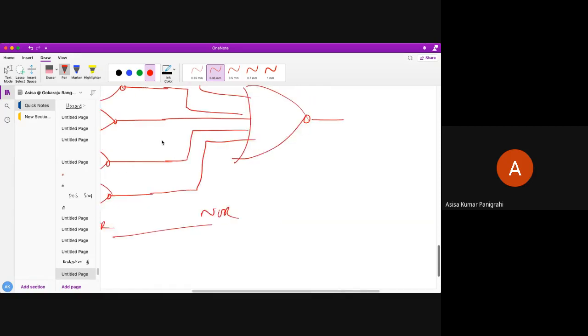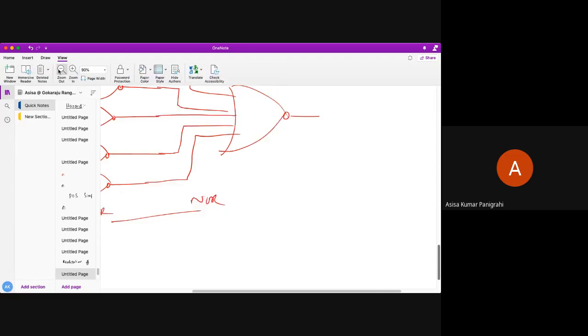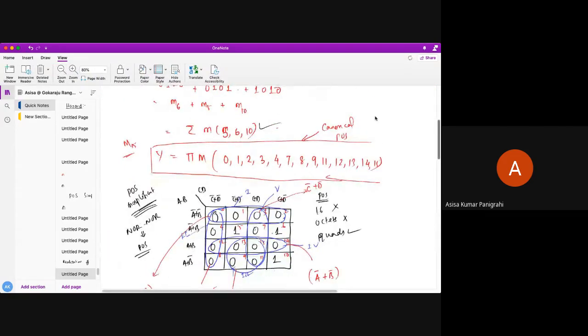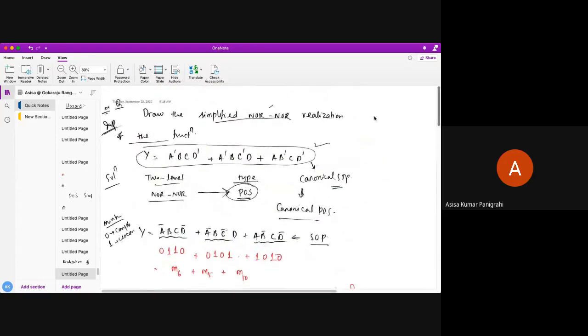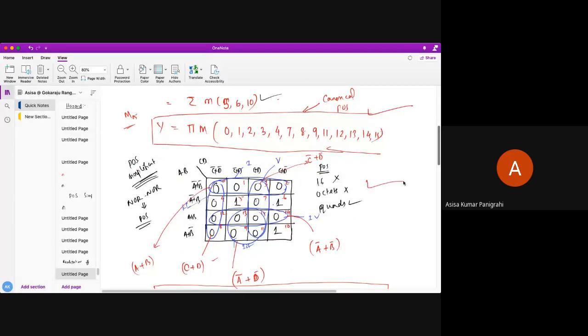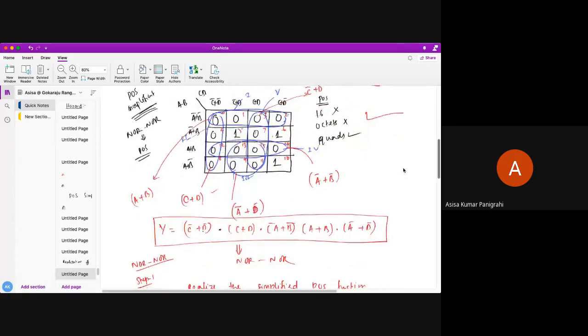So see here what we have done. What is the question given to us? The question is given to us in the form of canonical SOP. From there we just have to find out the canonical POS. After that we solved it using the K-map. Then after solving we got a minimized POS. Then finally, as we require a minimized POS for NOR, that is the reason we have solved it for the POS.